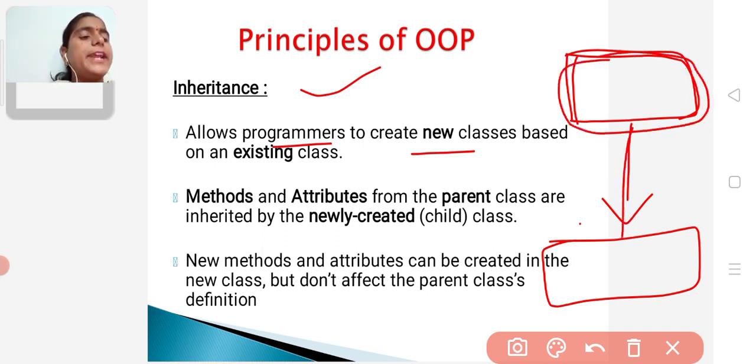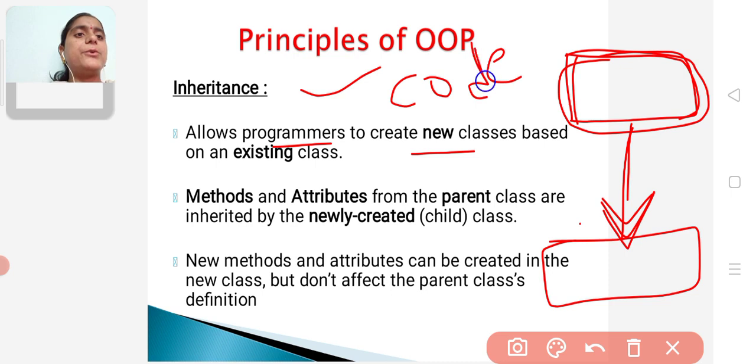And after creating this new class, this new class can inherit the attributes and methods of the existing class by using this inheritance property.